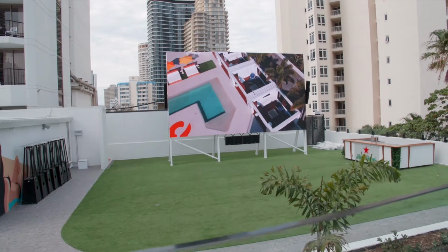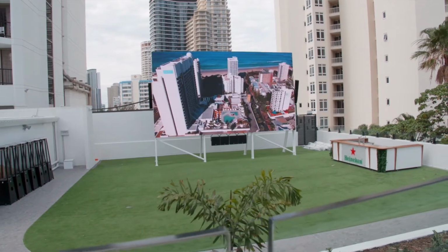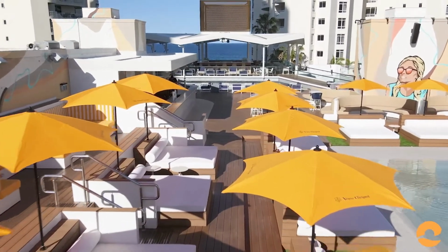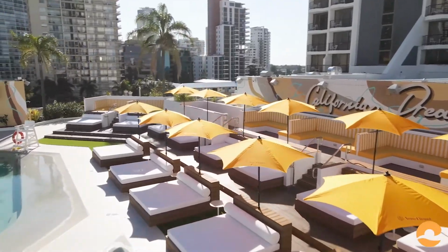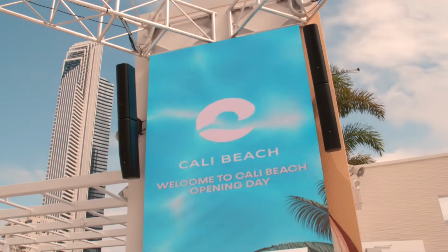The technical demands for screens at Cali are obviously different to what you would have inside an ordinary venue. Most venues are indoors. Most venues don't have extreme glare and direct exposure to sunlight, wind. We're not too far from the ocean here as well. So the demands that we have here are unique to the situation, and those are the demands that we talked about with Prestige and ULA to make sure that we had the right type of screen for the right type